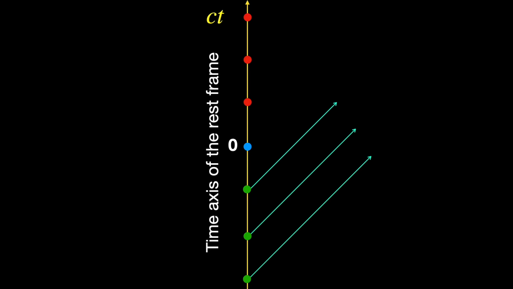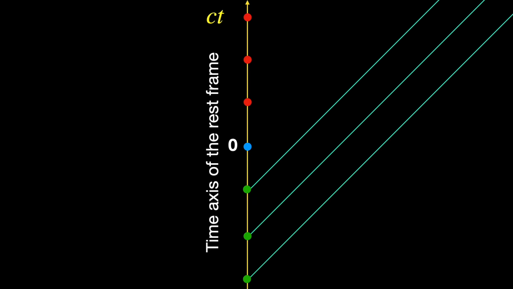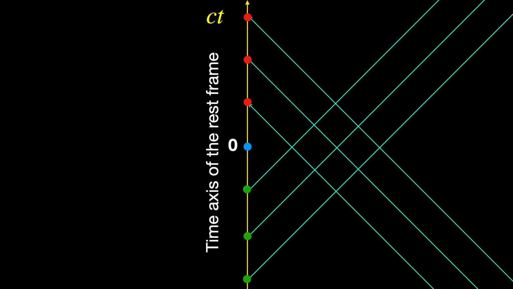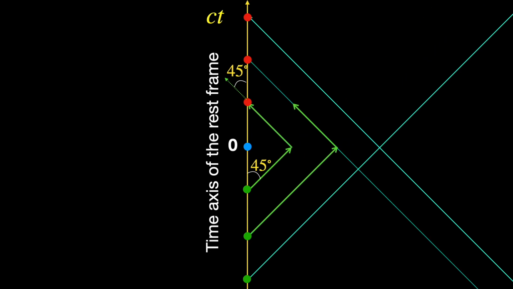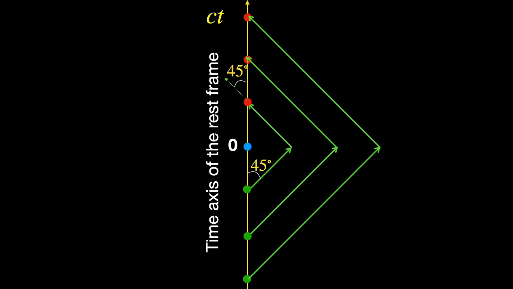So to find events simultaneous with the origin from our perspective, we identify on our S0 frame time axis pairs of photon emission-reception events that are evenly spaced across the origin. For these pairs, we draw outgoing light paths starting from the emission event and incoming light paths arriving at the reception event. These are the usual photon world lines, which are always at 45 degrees with the time axis of the rest frame. For each emission-reception event pair, where the outgoing light path meets the incoming one lies the event reflecting the corresponding light beam.